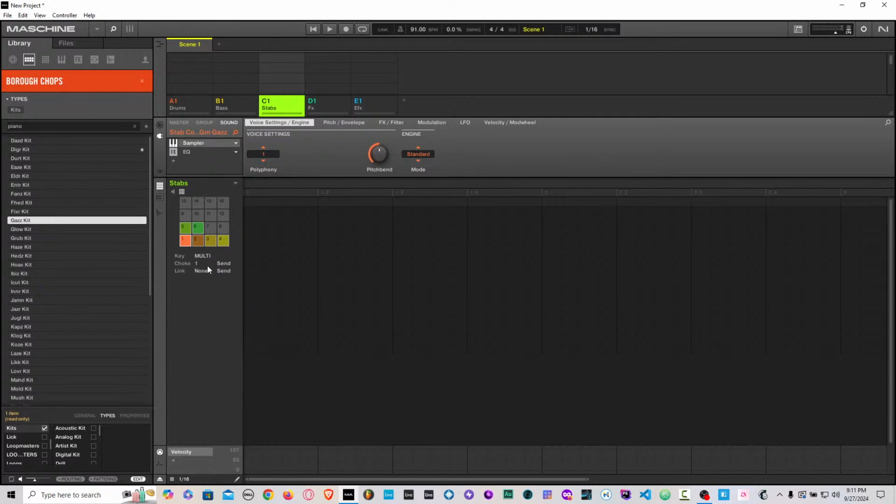So you can use choke, send. Send is the one that sends the cutoff. Receive is the one that receives the cutoff. For example, with a closed hi-hat and an open hi-hat, you would put the closed hi-hat on send and the open hi-hat on receive. So every time you hit the open hi-hat and then the closed hi-hat, it would cut it off, to get that drum machine effect. So you can put these all on send, and then you can